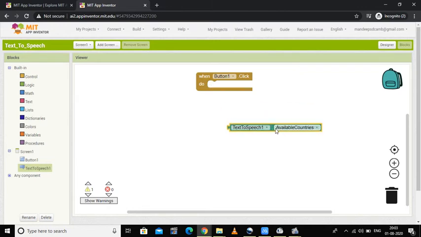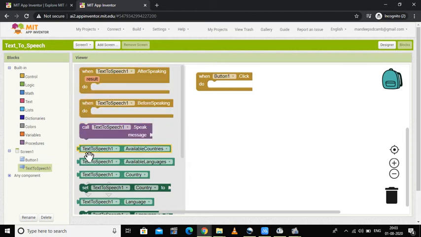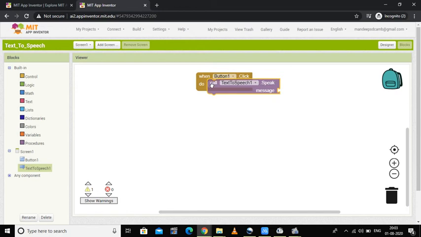So for deleting this component, I have to take it to the dustbin and leave it there. Now, in the text to speech component, I have this particular purple block, which is used to call the text to speech component so that some message can be spoken. So I'll drag this particular block and fit it in. Yes, it is fitting very properly here. It means my component will work properly if I use this block.